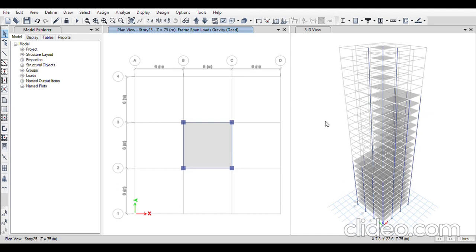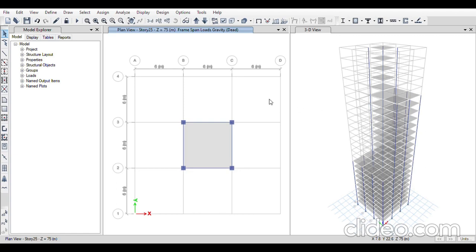Now I have to modify the lateral load. The exposure condition has been left the same. Wind speed Vb. I'm taking my location of the structure as Bangalore. Bangalore has a wind speed of 33 meter per second. And terrain category, with reference to the code, it comes to 3.